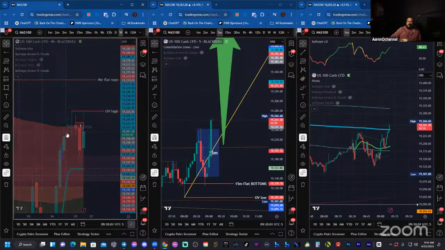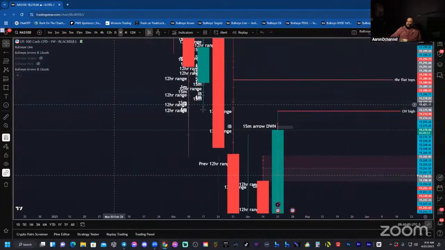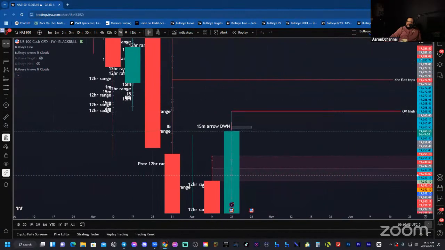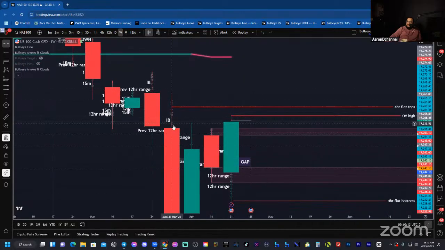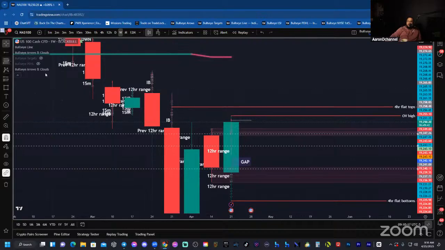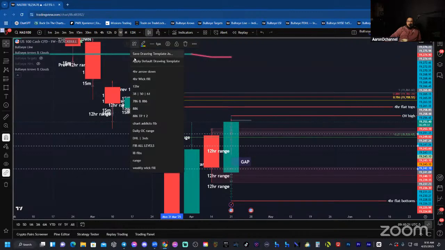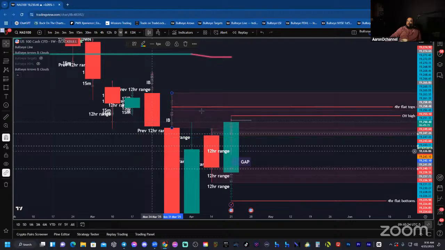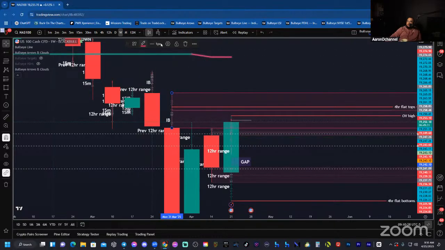I want to look at the weekly one more time. Yeah, that's a weekly wick fill. Okay. All right, so we're in a previous week. When I say previous, March. We're in March weekly wick fill territory. So I want to put that week. Man, that's hard to say. Weekly wick fill. I want to make it a different color though. Make it bright, something bright, so I can see the midpoint. All right, that's the midpoint right there. That's what I want to see.